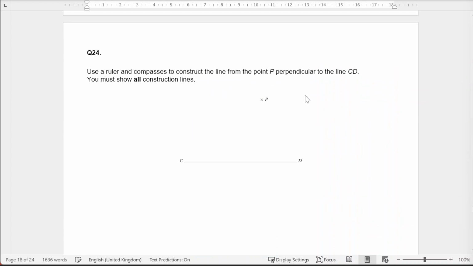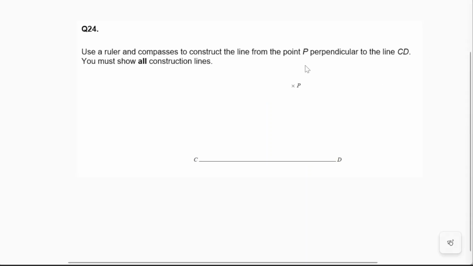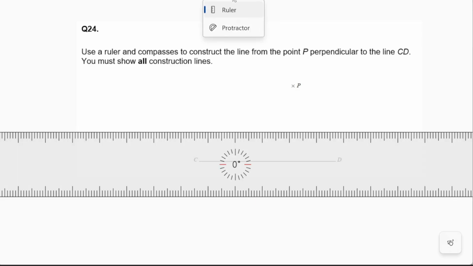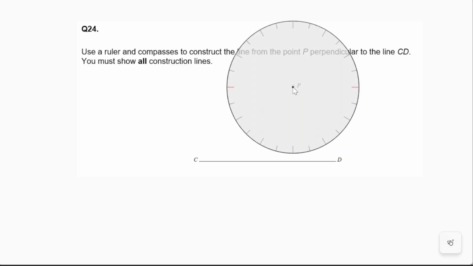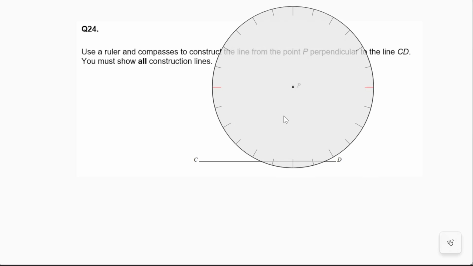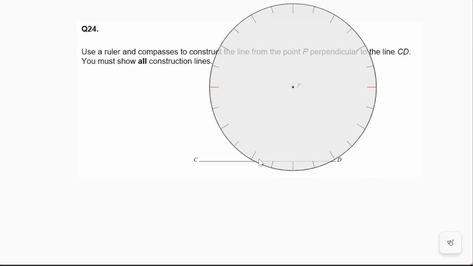Okay, question 24. Use a ruler and a compass to construct a perpendicular bisector of this line. So for this, realistically, we need a compass. I can't really emulate a compass particularly well, so I'm going to explain it using a protractor. You can imagine this is the point of the compass, this is the point of the pencil, and obviously it will create an arc when you use a pencil on it. So I'm going to open my compass arms to somewhere where the pencil will hit the line twice. I'm then going to arc in 2 points on the